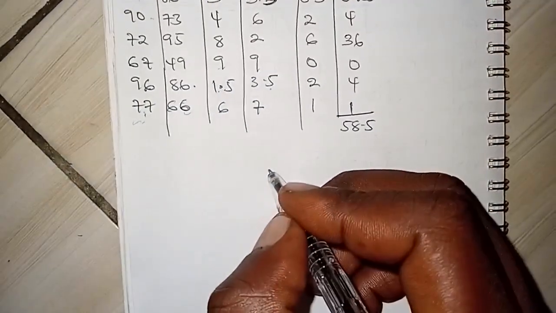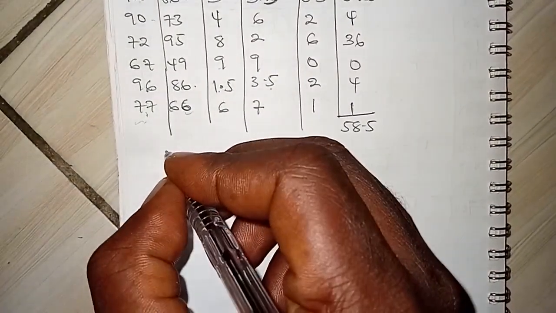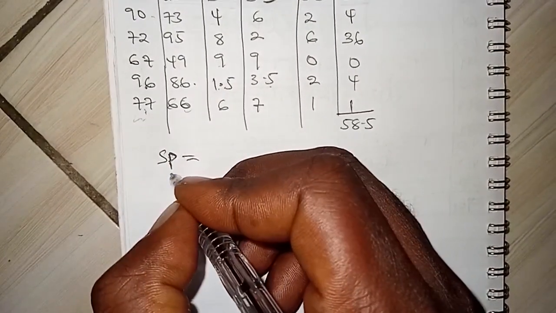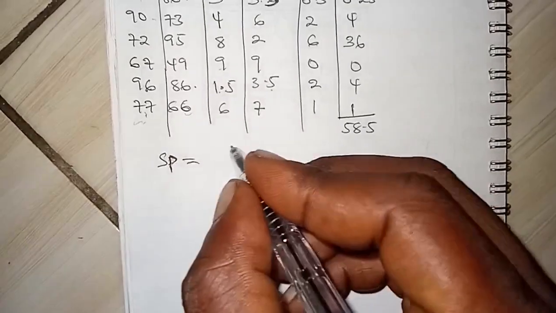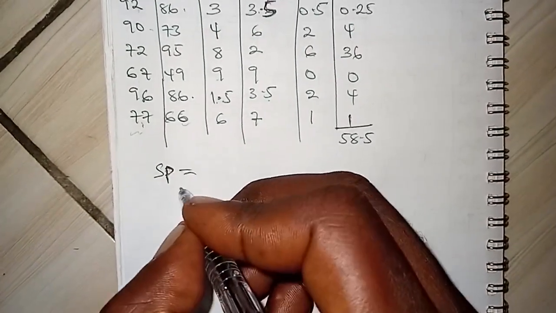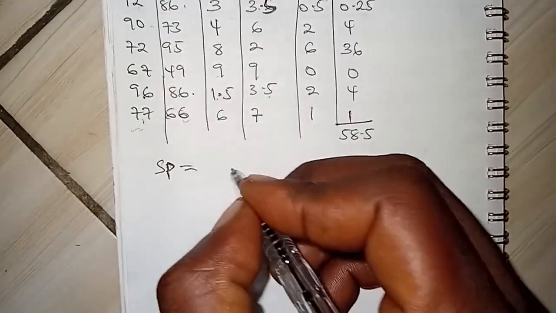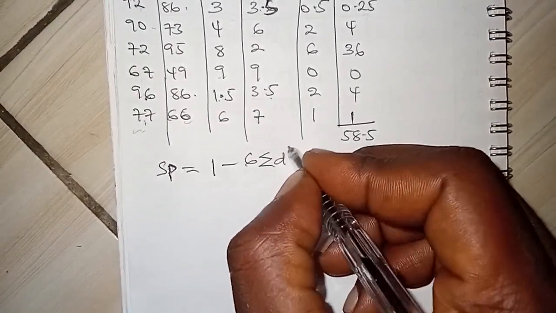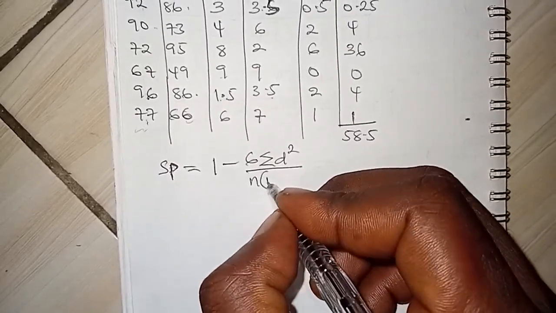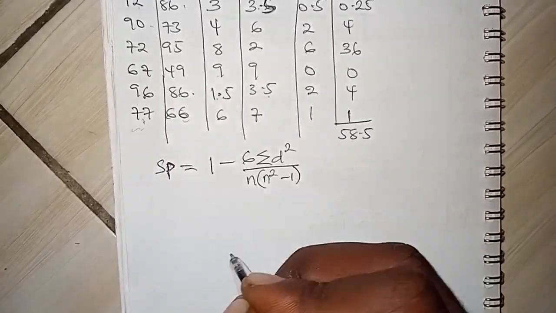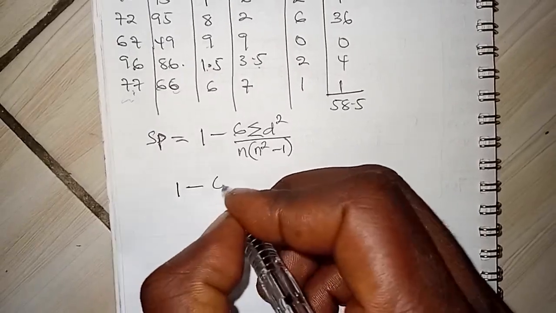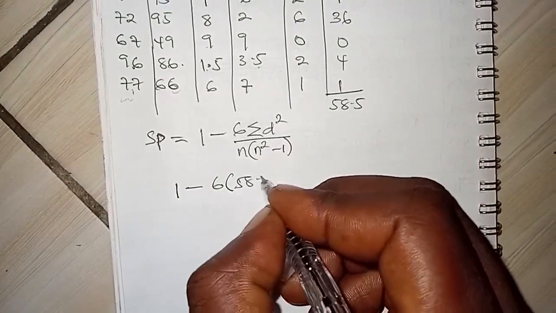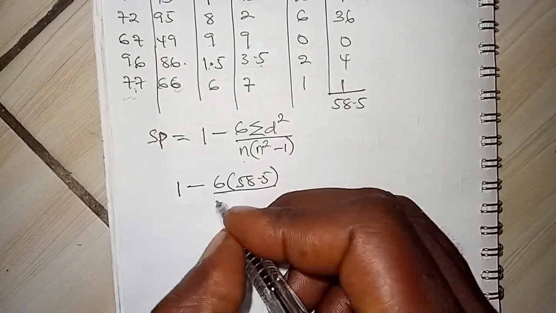And the Spearman ranking says that if we use SP for Spearman, some textbooks will use P, you can use anything. So you can use R, you can use P for Spearman. So the formula is 1 minus 6 summation d squared all over n into n squared minus 1. So we have 1 minus 6, which is a constant, times summation d squared, which is 58.5, over our n, which is 10, the number